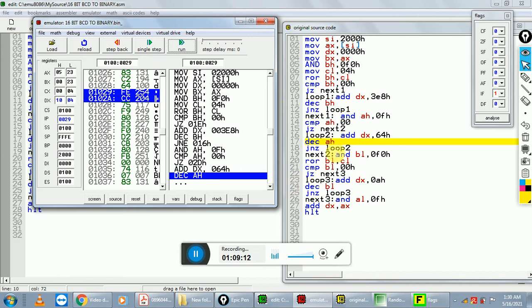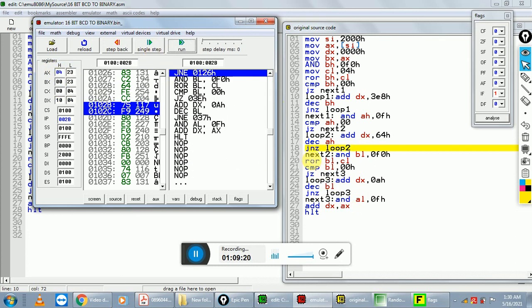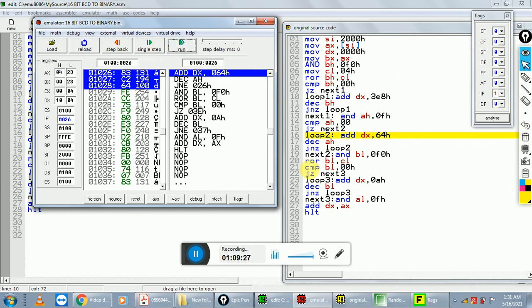Okay, and again decrease AH value by 1. Here we choose the AH register as a counter, and again check the status of the zero flag, which is not clear. Move to loop 2 again and add 64 5 times.